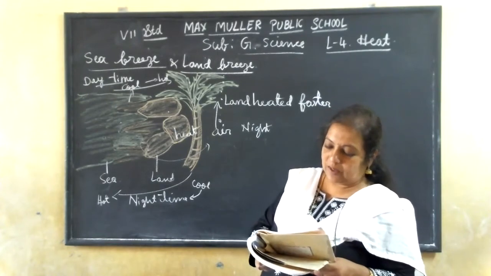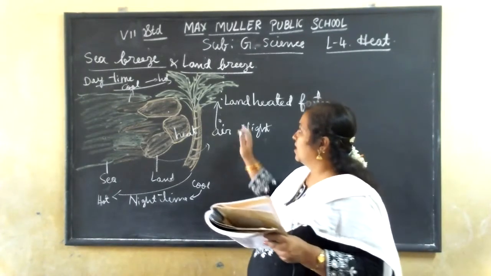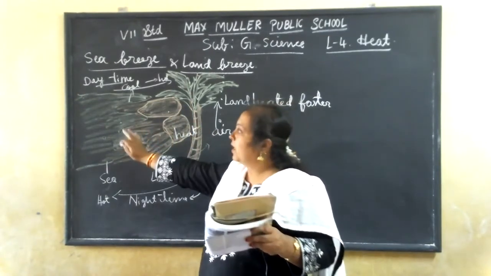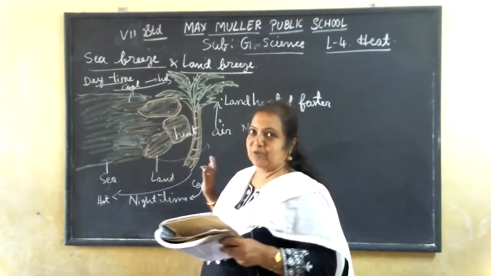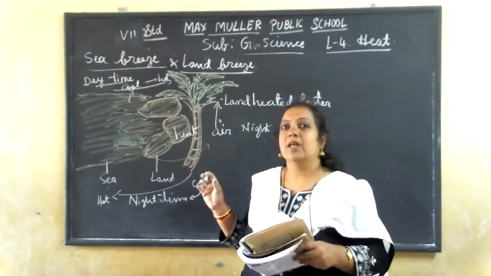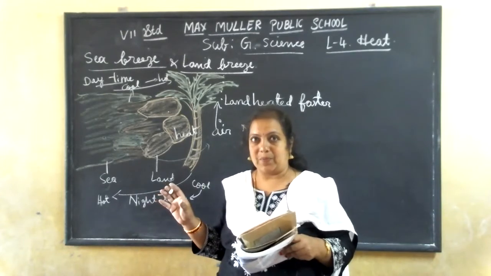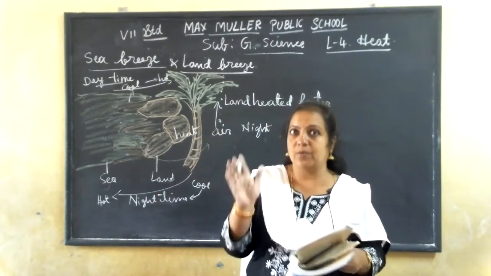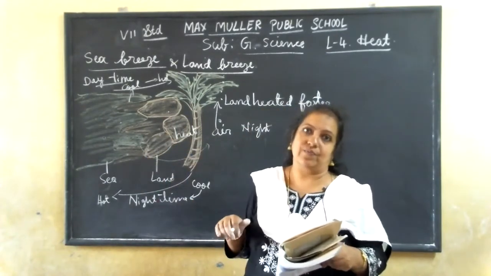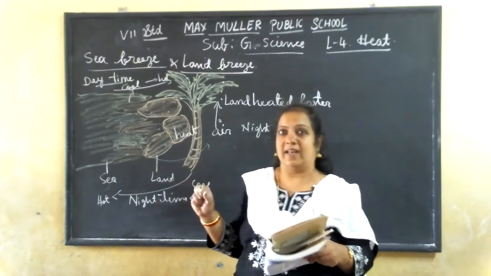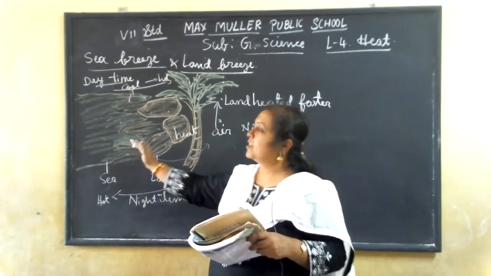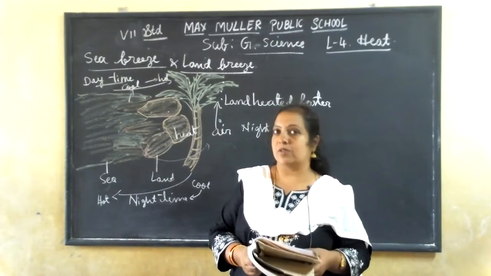So to receive the cooler sea breeze, what happens? The cooler air will be moving towards the land. So we are getting very cool breezing of air. That's why, to receive that, the houses will be built with their windows and doors facing towards the sea. Like that they will construct, because they want to get the cool breeze of air, so their windows and doors should be facing towards the sea. Like that they will construct in the coastal areas.